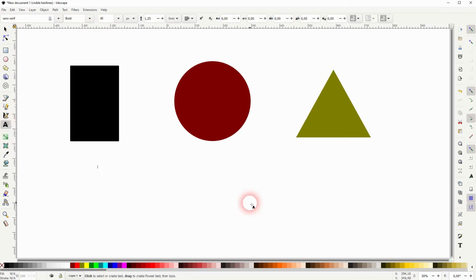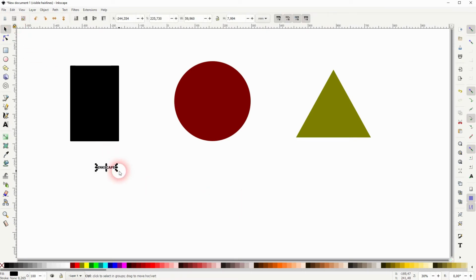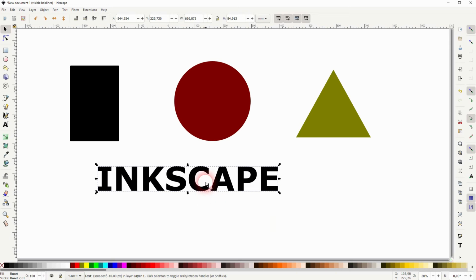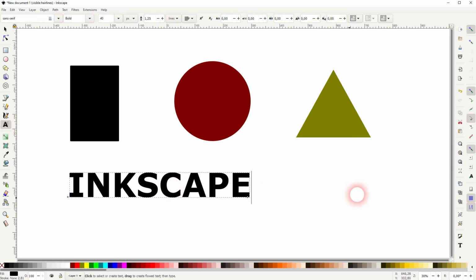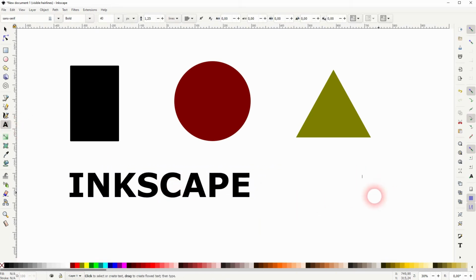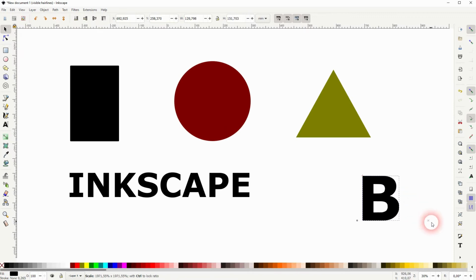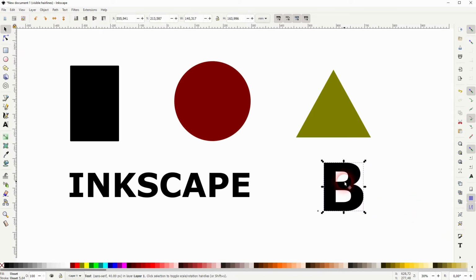And I'll add some text. Let me add a single letter as well, because I want to show you something that you might run into when you slice text. And let me create a B. So this is a starting point, and a method that I'm now going to show you works with every object